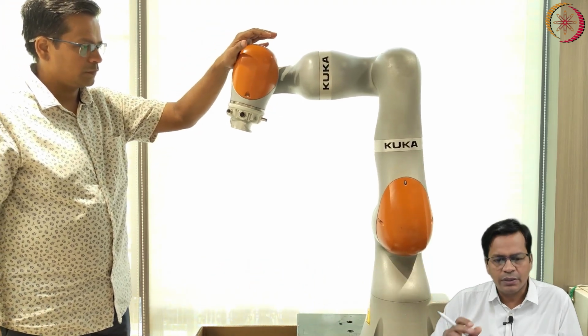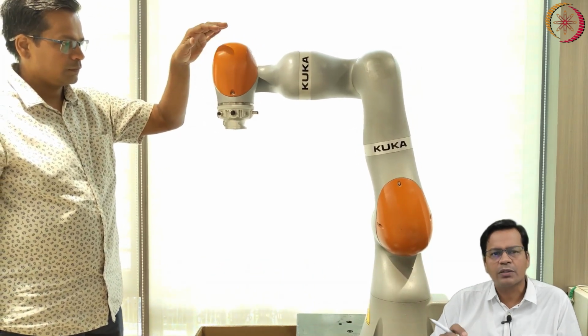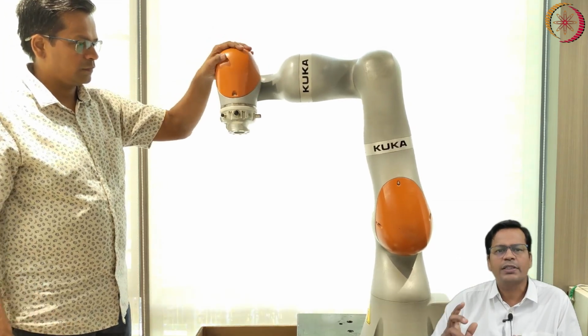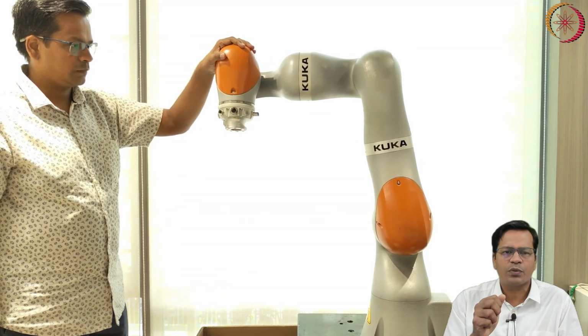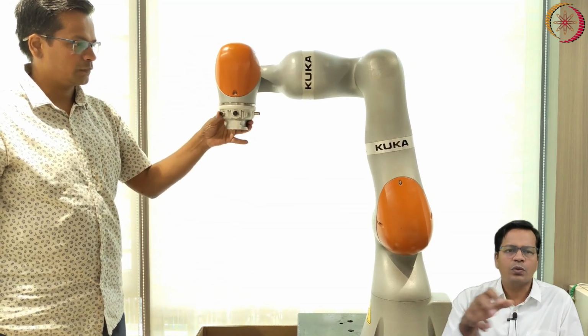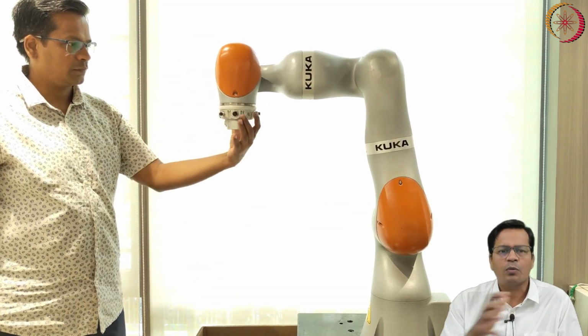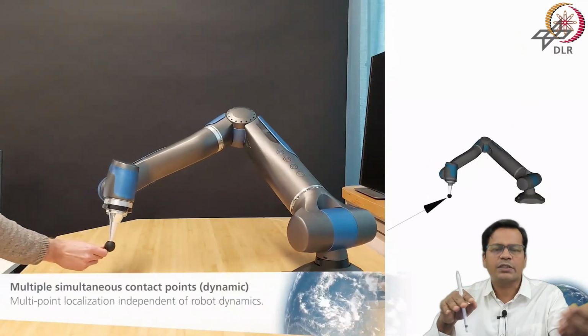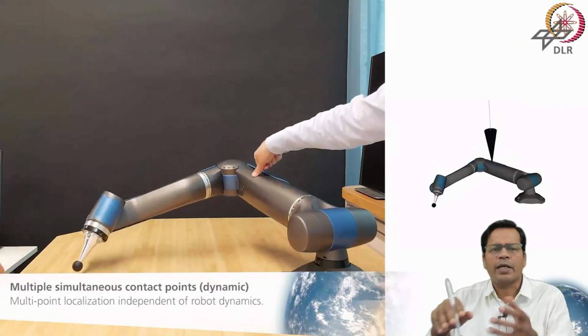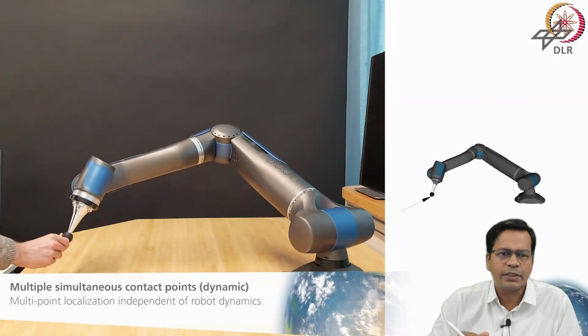Active compliance. So this is the most modern cobot that you see here. It uses active compliance. It has a joint torque sensor at each of its joints. So with this impedance controller and end effector force control, you can do things like this. The whole of the robot is compliant, not just the part of the robot which comes after the wrist. Even before that, the whole of the link is compliant.